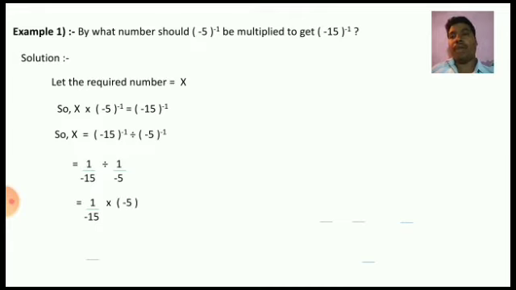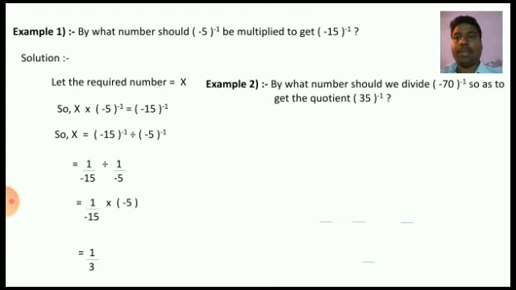So 1 divided by minus 15 as it is, and we take the reciprocal of the second rational number. If we take the reciprocal of 1 divided by minus 5, it means minus 5 divided by 1, so that the divide sign is changed and multiplication comes, we know that. Now we cancel the minus minus sign, and 5 ones are 5 and 5 threes are 15. So our final answer is 1 divided by 3. This is the required number.